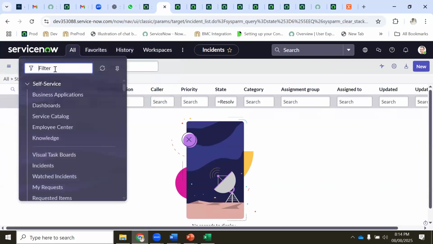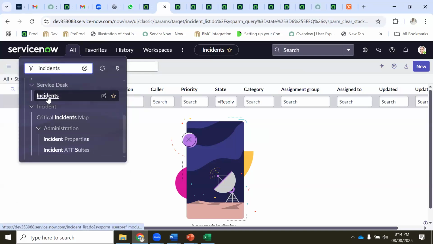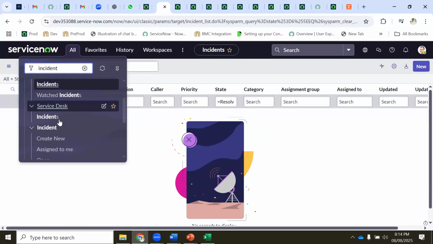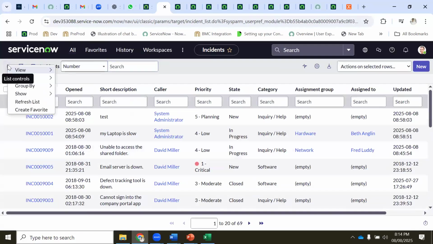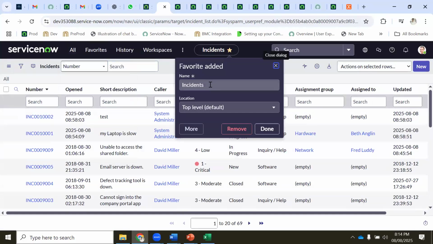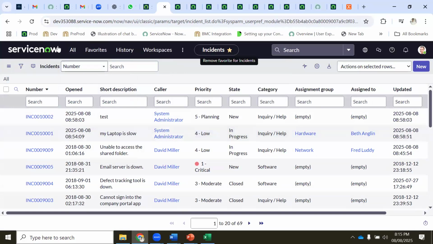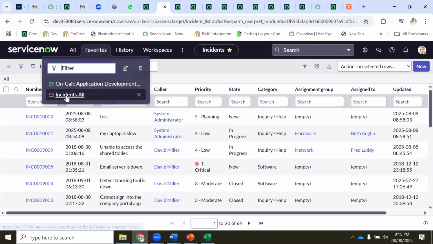So all those things are here in the history. Favorites is nothing but, suppose I created many tickets, incidents. You go to incidents, right? There is this incident, we will type all. I want to see all my incidents. I will just go here, create a favorite, all, correct? I can put top level, middle level, all we can arrange it. I'm just doing incident as a favorite for the time being. So tomorrow, whenever I come here, I will just click favorites.